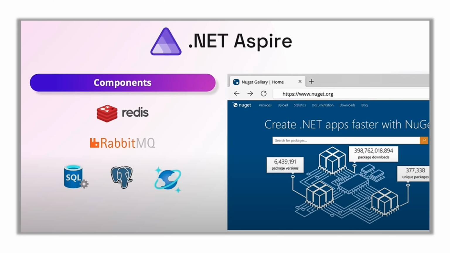Aspire components are designed to give you confidence that the library you are using is configured the right way for the cloud by default. They work together with the other parts of your Aspire app. This is a common concern that we heard from engineering teams working on cloud native apps, and we are happy to address it with Aspire.